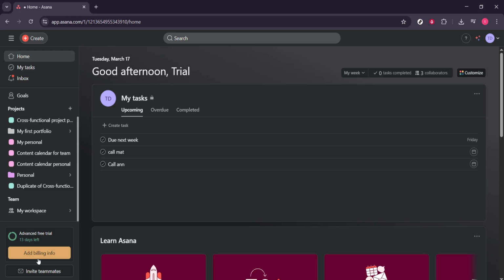That's it. Open Asana Home, click Create, choose Invite, add their email addresses, and send. You've successfully added a team member to a